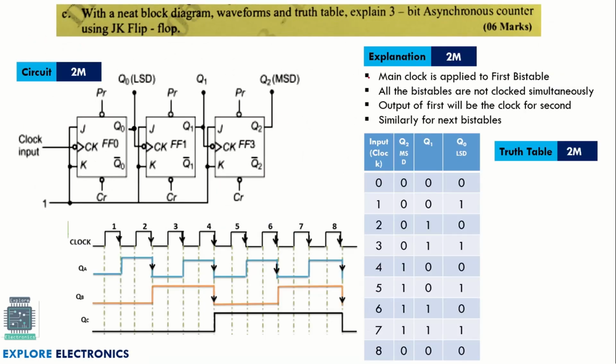The next question is on asynchronous counter. 3-bit asynchronous counter needs to be explained, designed using JK flip-flop. So here also you need to write the circuit first and then truth table. Since it is a 3-bit counter, it will count from 0 0 0 to 1 1 1. You need to write the complete truth table like this, and then you need to explain how actually the clock will be connected here. Since it is an asynchronous